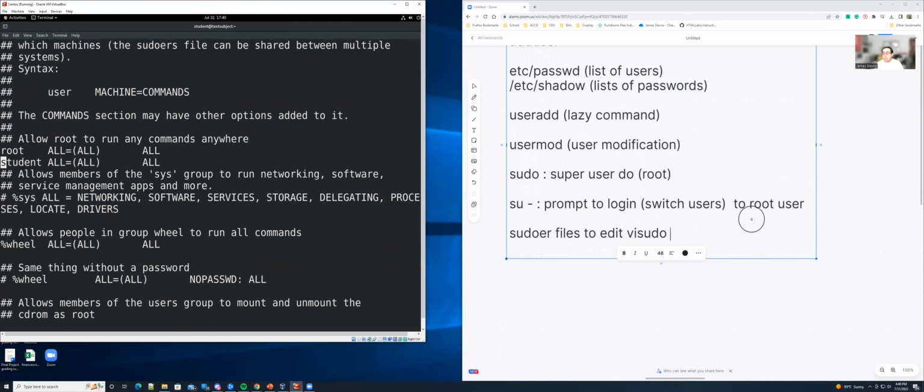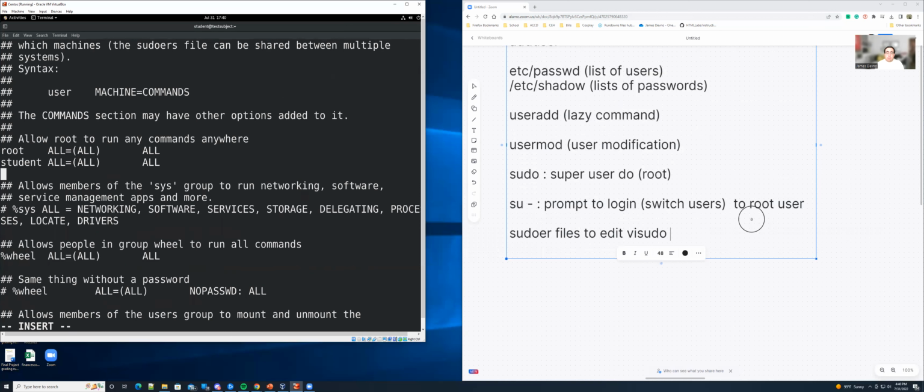So how do we go ahead and actually get that? So let's go ahead and add Sauron to this actual aspect of things. So I'm going to go ahead and hit I to insert. I'm going to type in Sauron space ALL equals,